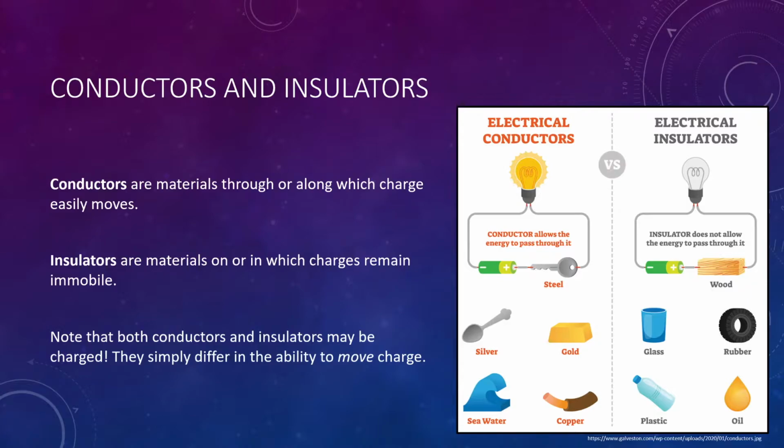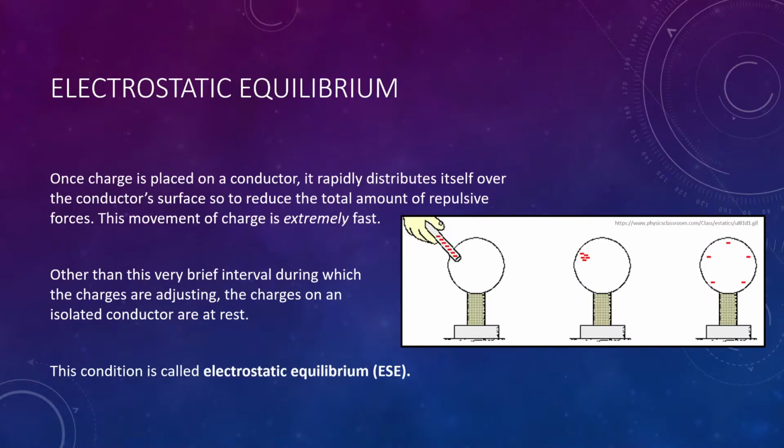So moving forward, we want to take a look at a few interesting situations. First is what happens when you put charge onto an object. In the example we've provided in the image on the right, you see a charged rod. Notice the negative signs, so that's indicating a negative charge on the rod, being tapped to this metal sphere. The charges, when tapped, will enter the sphere, but then there is a very interesting kind of situation where no